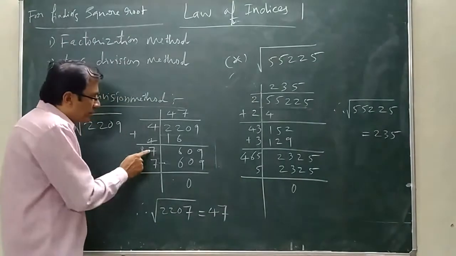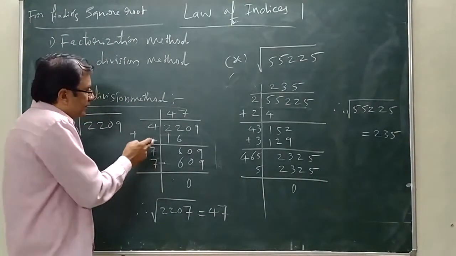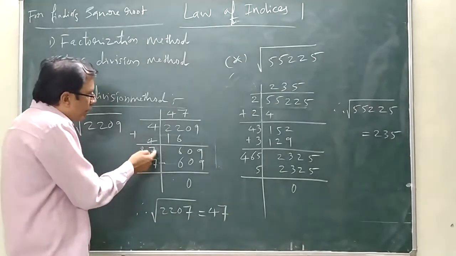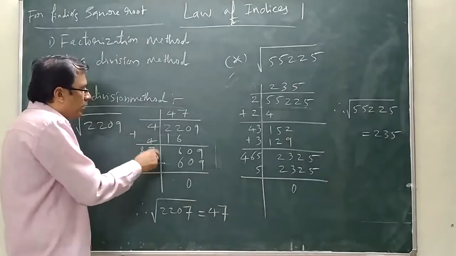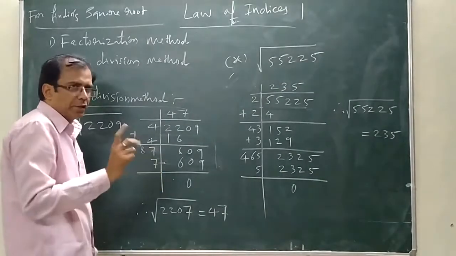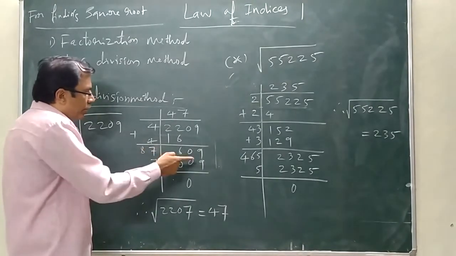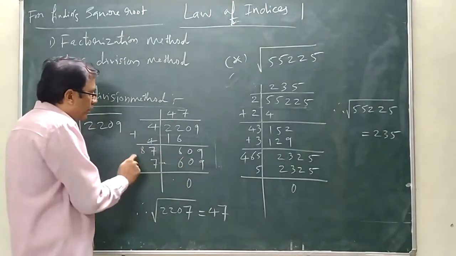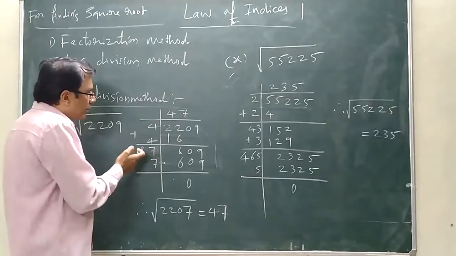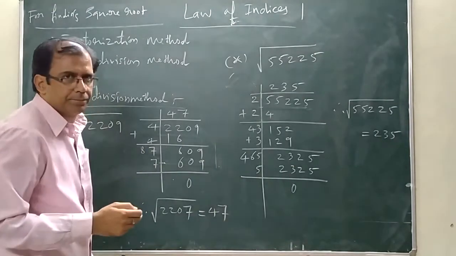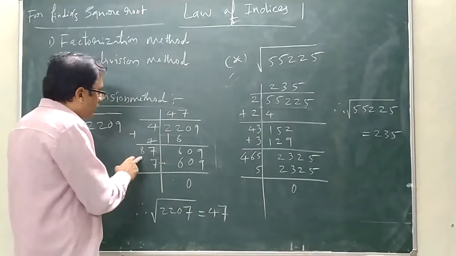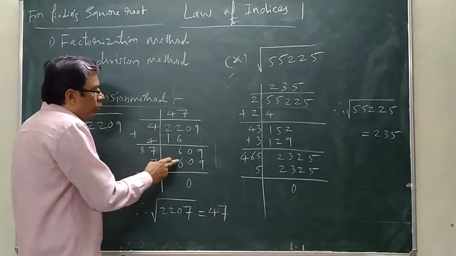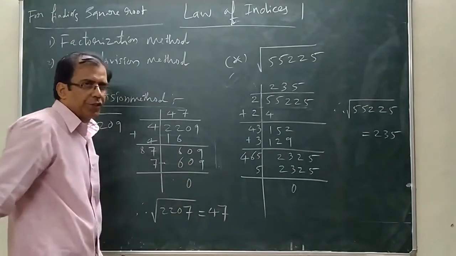What is that number? 7, you have to take. 7 into 7, and this number will be multiplied by the 7. 7 7s are 49. The 9 you have to take, 4 will be the carry. And 7 8s are 48, and that will be left, it will be closing again and will become 60.